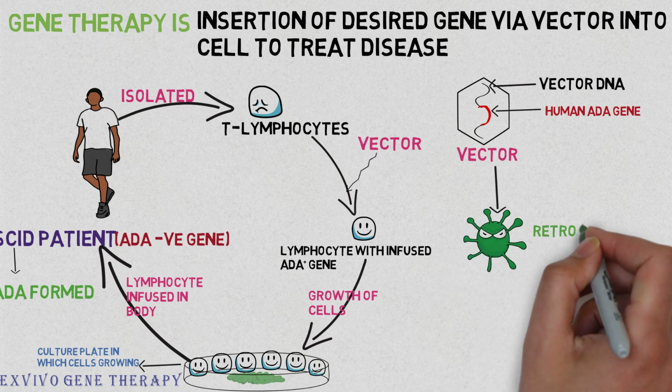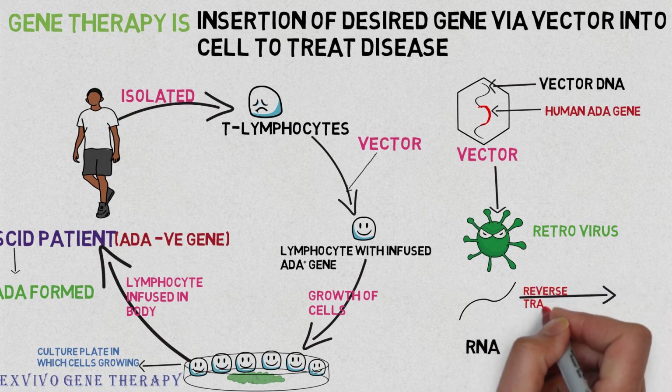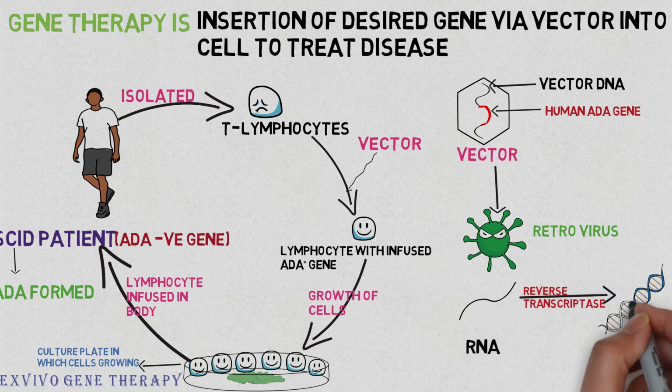producing, and the vector we are using here is the retrovirus. But why the retrovirus? Because RNA is the genetic material, and with the help of reverse transcriptase, it produces DNA, and this DNA gets incorporated into